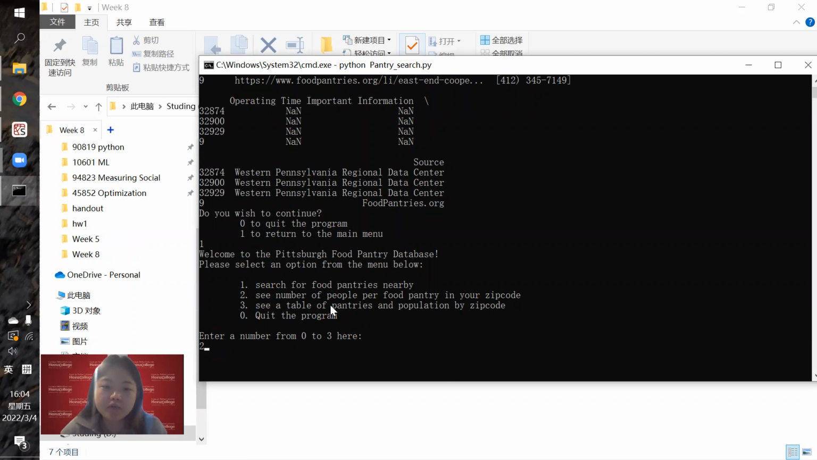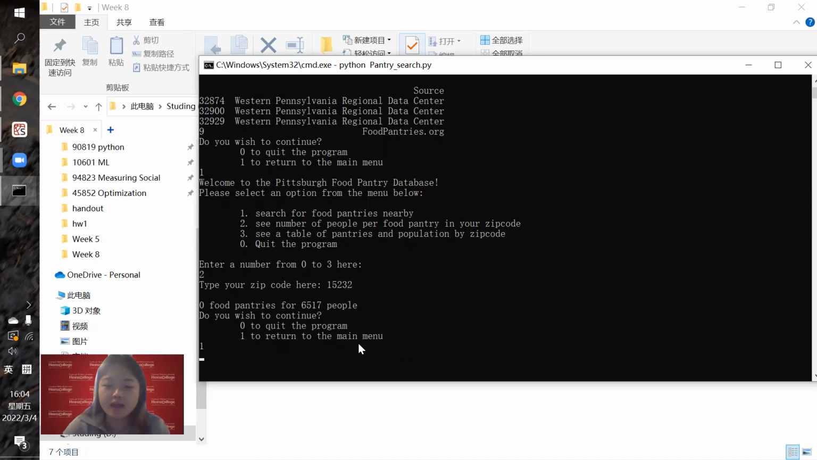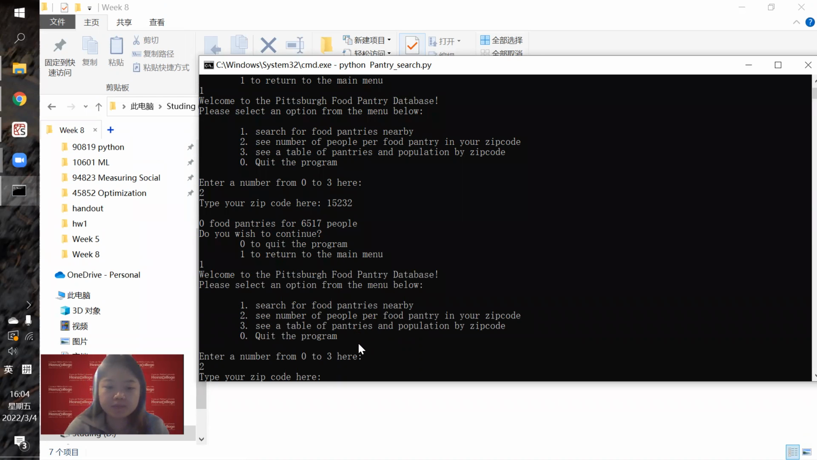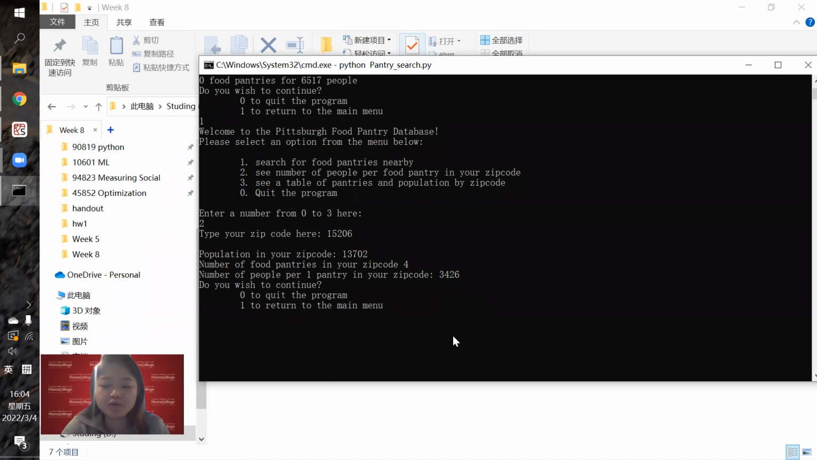So we can see the number of people per food pantry in your zip code. If there's no food pantry in this zip code, it will display 0 food pantries for how many people. And we try another zip code. So there's actually a food pantry here. We will display the number of food pantries and the number of people per pantry in your zip code. How many of them? And then we return